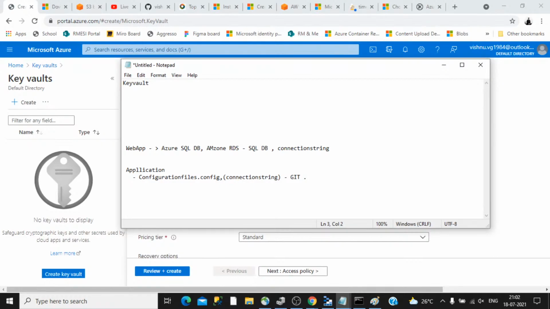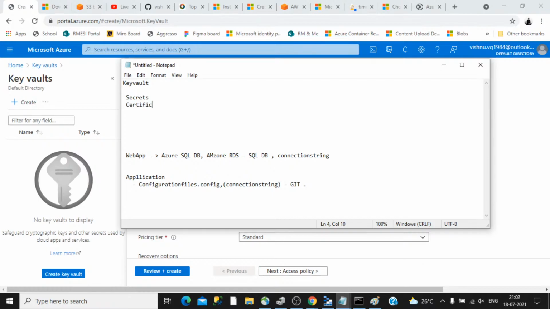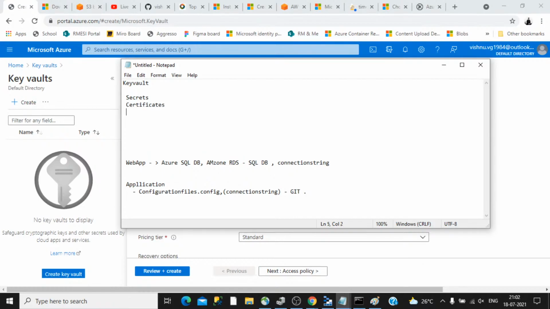In Key Vault we have the provision to store secrets, certificates, and one more thing, keys. Keys are your encryption keys. For secrets, we create a new secret; a secret is a kind of key value pair, so you can provide a name like DB connection string and provide the secret connection string from the cloud vendor here.